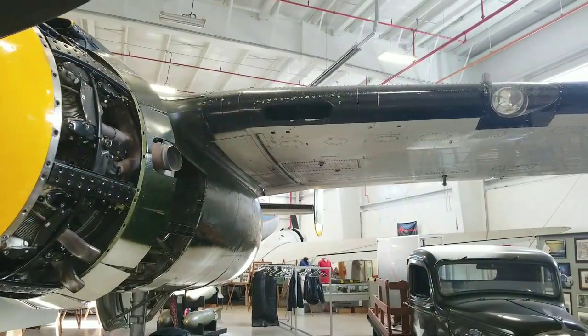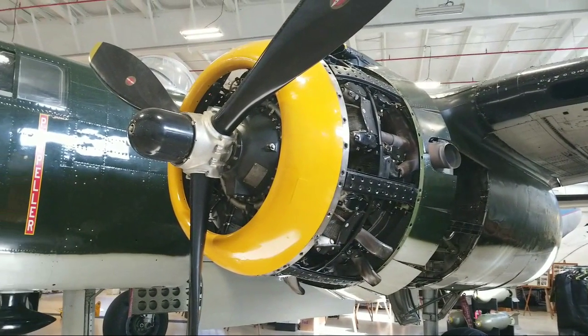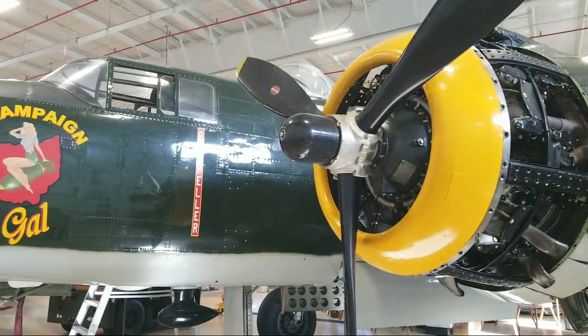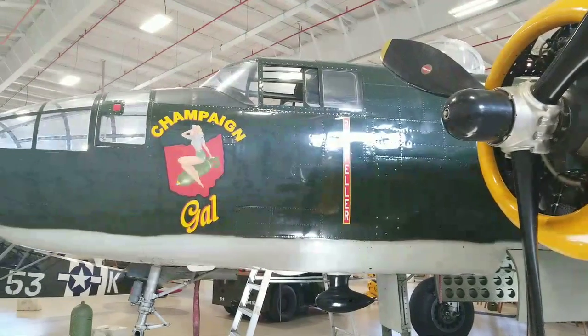So we're in for winter maintenance. It's not an annual, it's a 100-hour inspection. Because it's a heavy airplane, over 12,000 pounds, you've got a different criteria you have to inspect it to. And we fly this thing between 30 and 40 hours a year,